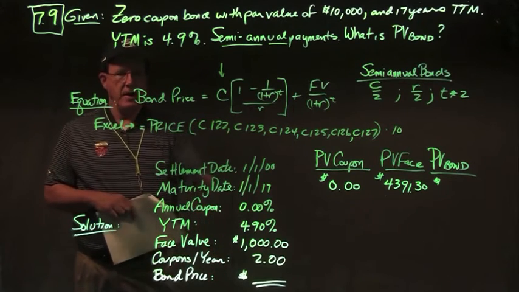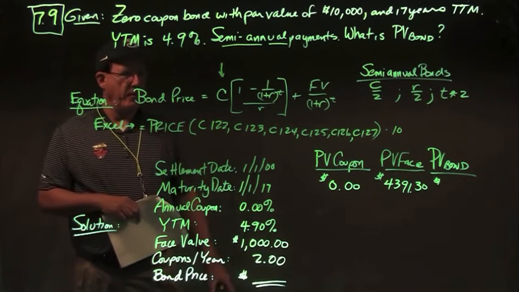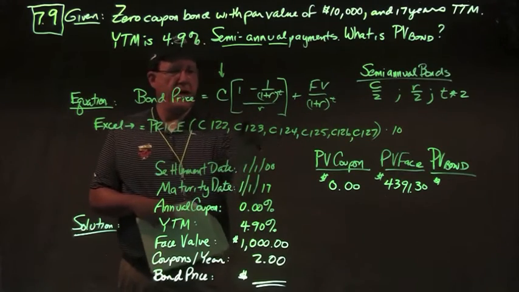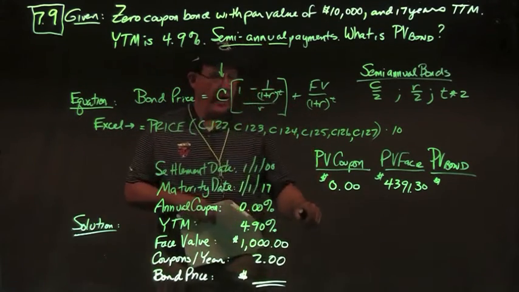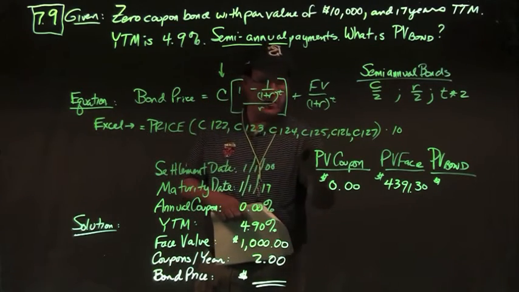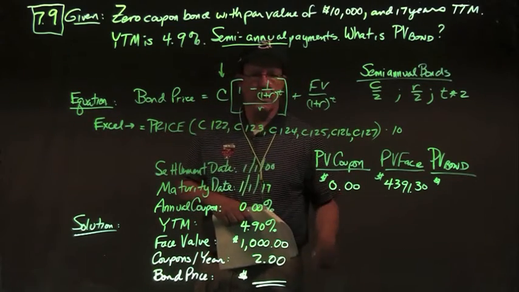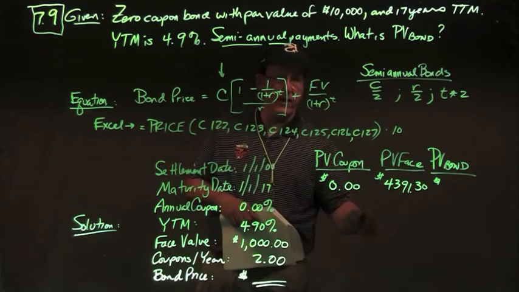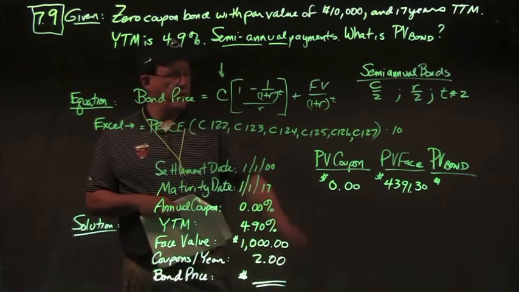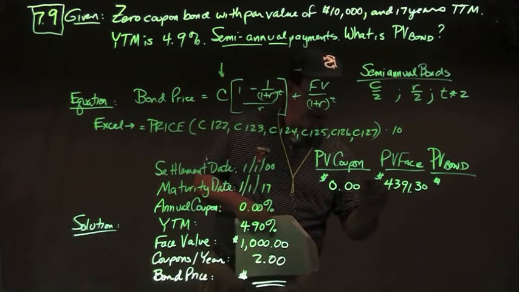What is the price of the bond? So we're looking for present value of the bond, or the bond price. Again, break it into 2 pieces, present value of the coupon plus present value of the face. I'd recommend when you type those formulas into these cells here, that you do them one at a time. Do the present value of the coupon in this cell, and then do the present value of the face, FV over 1 plus R to the T, in this cell, and then add them together to get the price